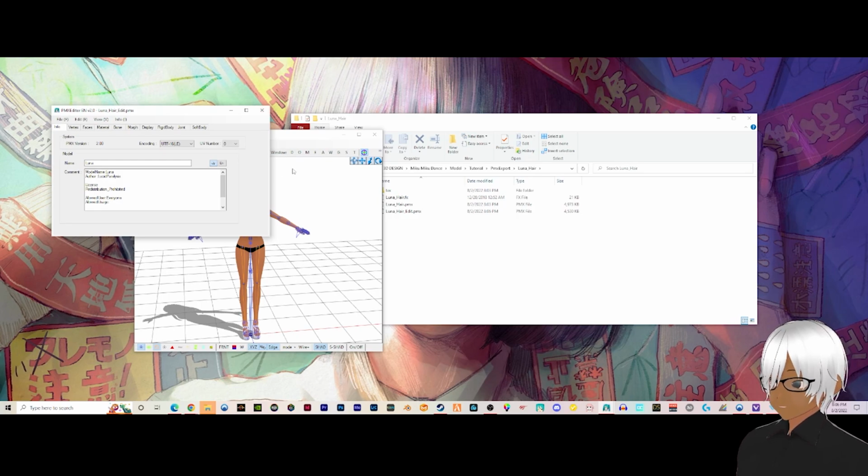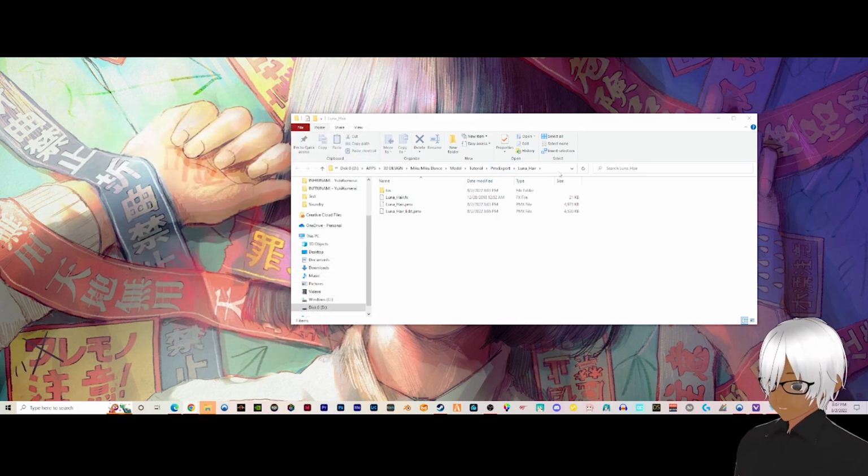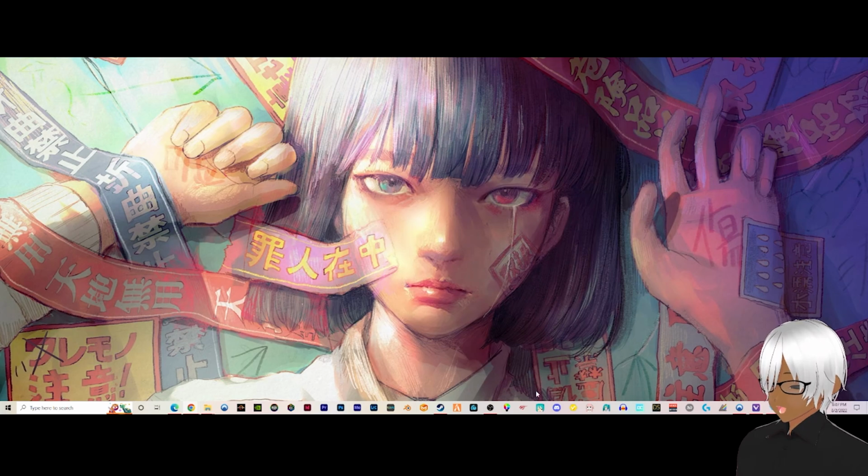And you want to do the same thing again with your other model. So you just repeat the process. Close out of PMX editor. And then now we're going to go into